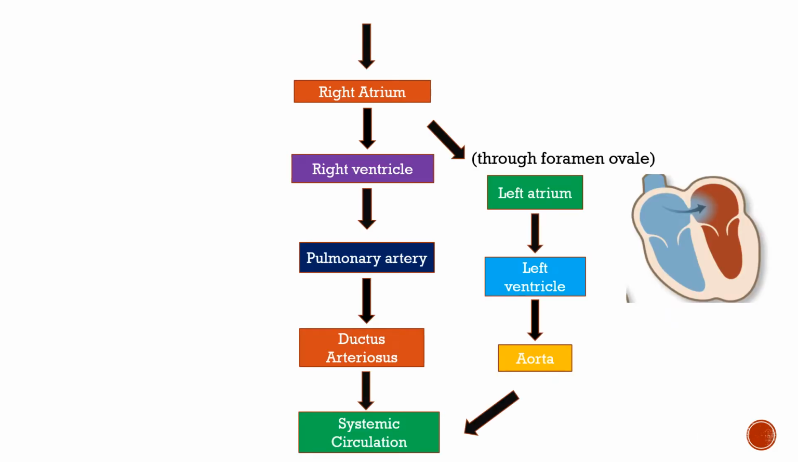From the right atrium, the blood goes into the left atrium through the foramen ovale, which we have discussed already. From the left atrium, it goes into the left ventricle, and from the aorta, it goes into the systemic circulation. This is the one part, and the other one is the right atrium. From the right atrium, the blood goes into the right ventricle, and from the pulmonary artery,